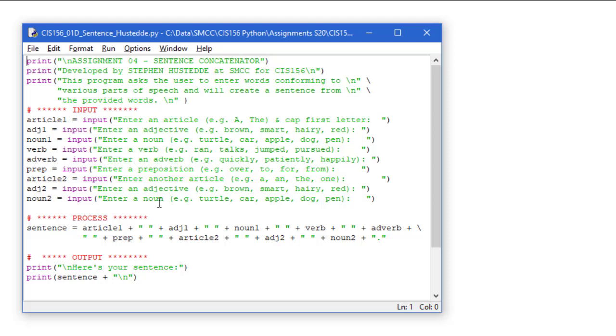Once the user has entered those, our process then is to create a string. I'm going to call it sentence equals, and we're going to do some concatenation with the plus sign. So we're adding strings together of our different values in these variables. Article 1 plus, now we need to put a space in here. So I have a literal string of quote, space, quote, plus my first adjective, plus another space, plus my noun, plus another space as a literal string, plus the verb, plus another space, plus my adverb, plus,